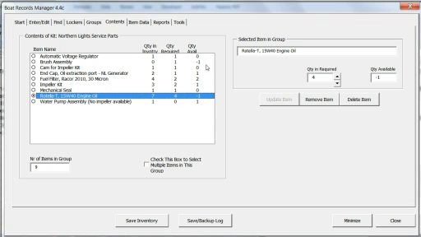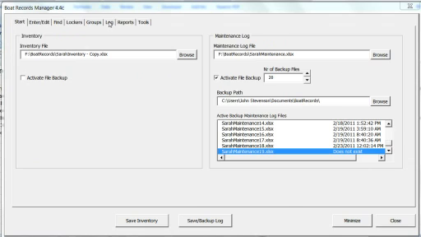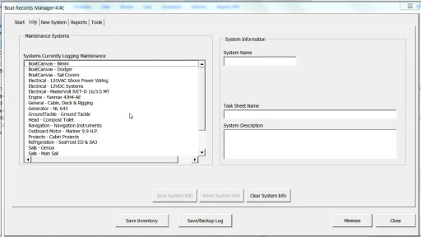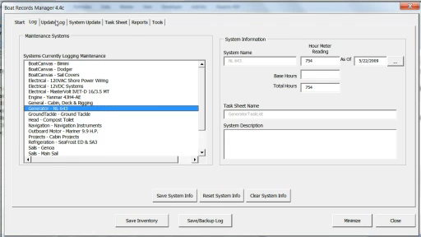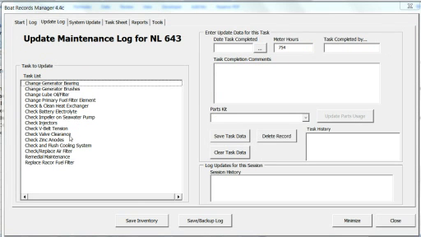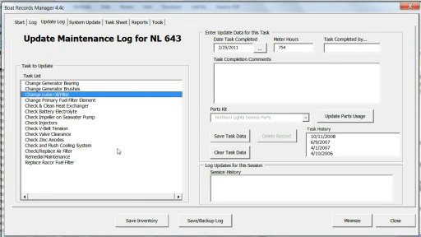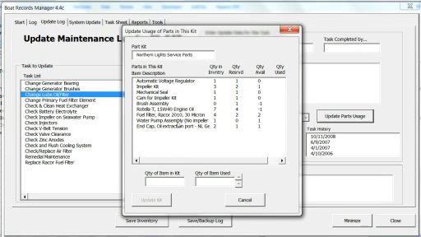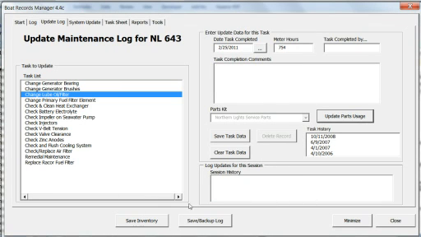One of the other values of the kits is that they can be linked to maintenance tasks. So going down here and going to my Northern Lights generator and looking at the update task, change the lube oil and filters. If you look over here, again hard to see, the Northern Lights service parts kit is linked to this task. If I click the updates, it brings up everything that's in here, and let's say we just did an oil change and I used 3 of those quarts. Update that, and now